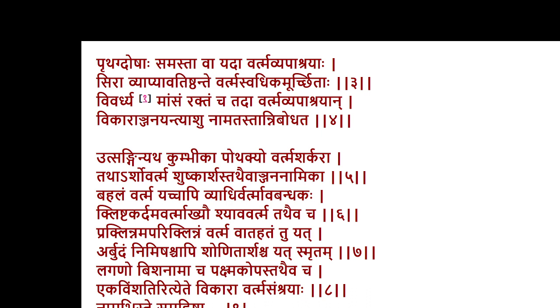The vikaras, diseases which are produced in the Vartma or the palpebrae, eyelids, due to the vitiation of the doshas and involvement of the siras, the vascular structure there, and they grow, and it may even involve the mamsa and the rakta, that's the soft tissues of the eyelids, and such conditions are called as Vartmagata Vyadhi, and they are,